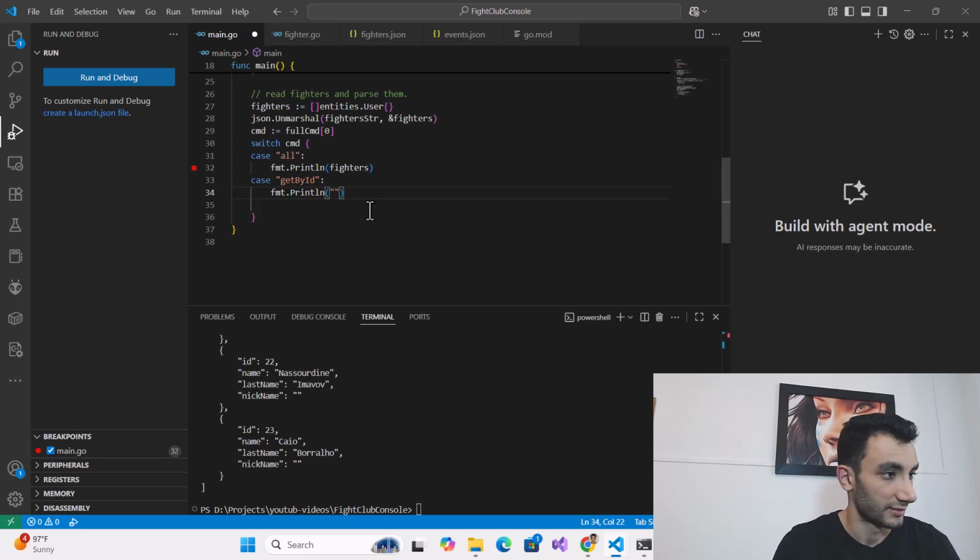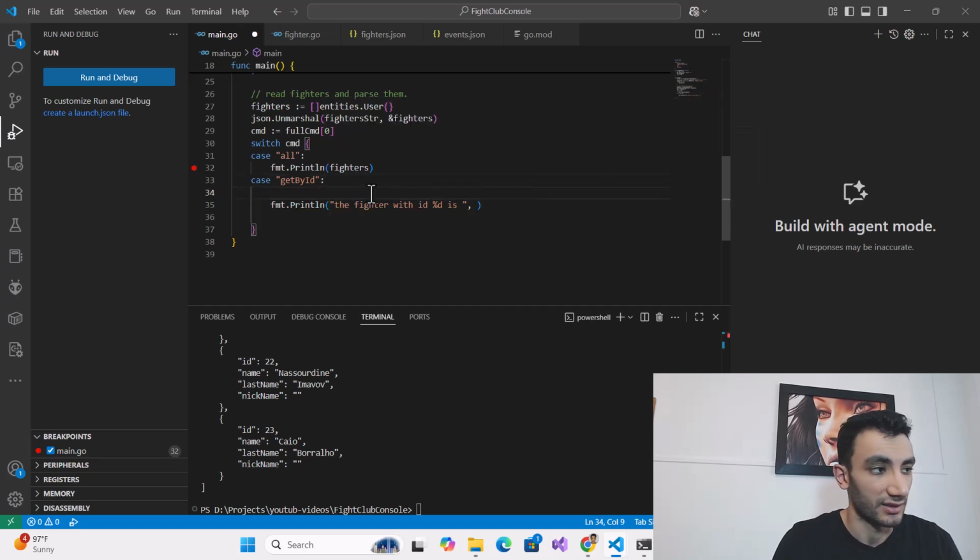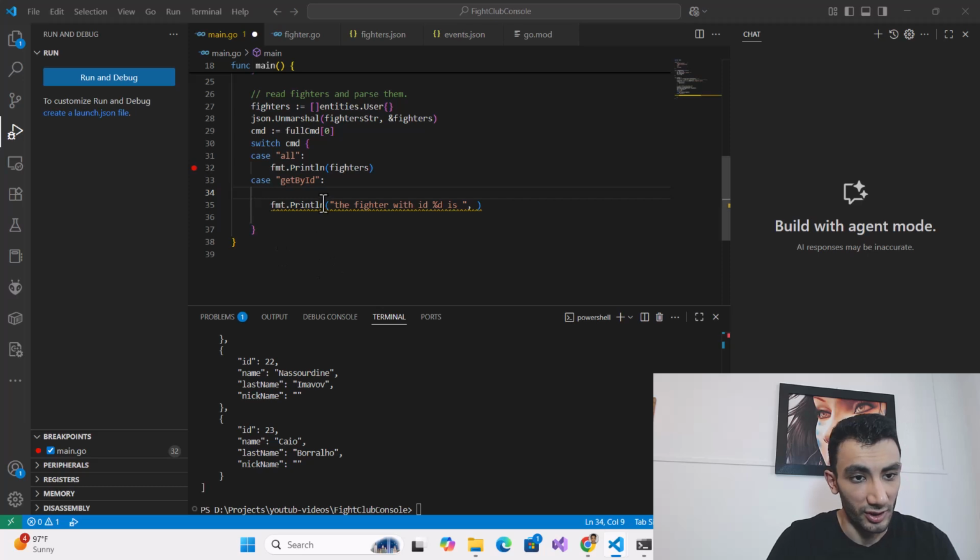Let's say the fighter with id %d is someone, and in here let's parse my id.